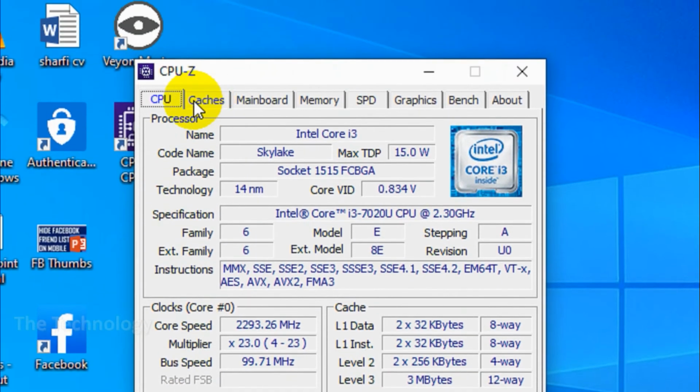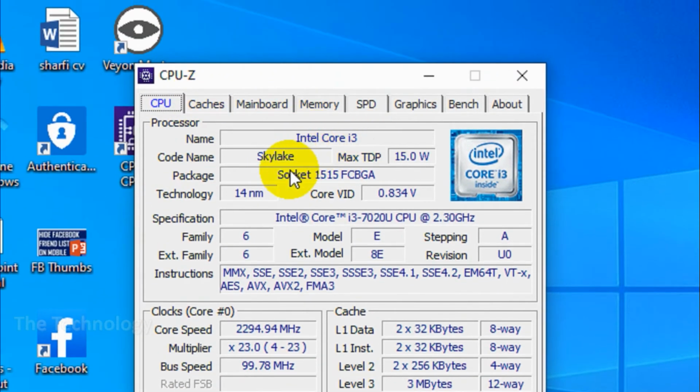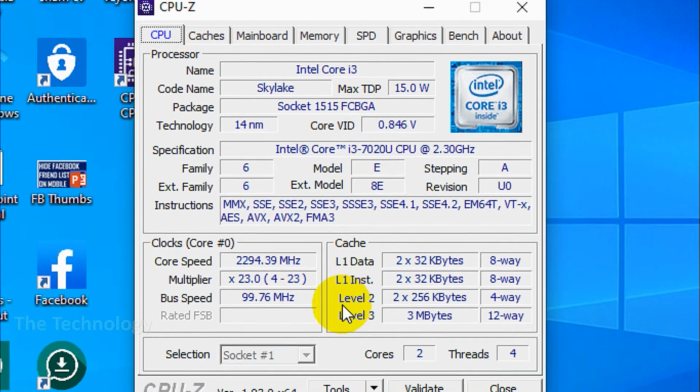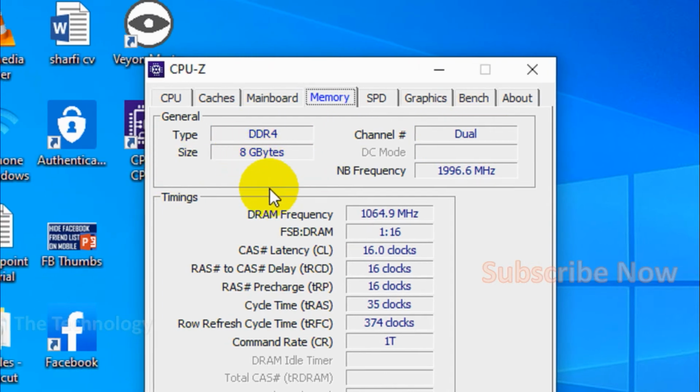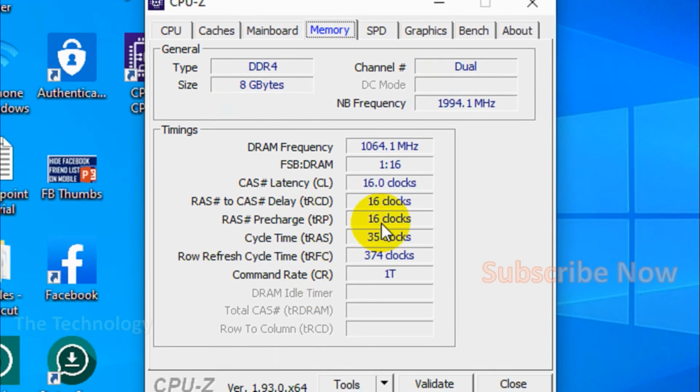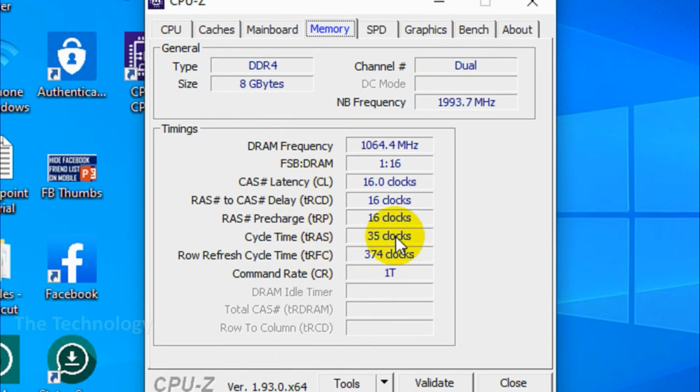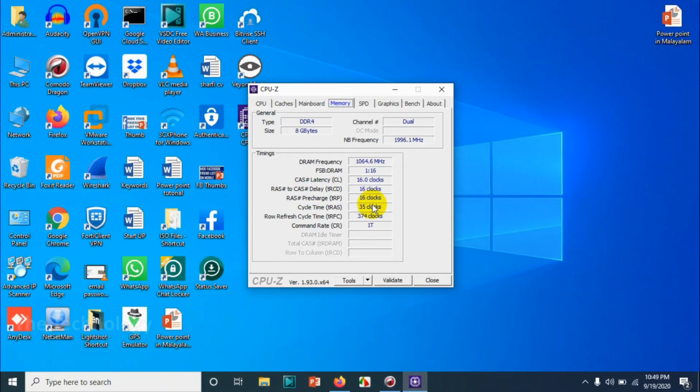and here you can see the CPU specification, but what we are discussing today is memory. So just click on the memory and you can see the type of RAM that you are using, DDR4. If it's a DDR3, it will show DDR3, and you can see the total says 8 gigs and NB frequency is written there, and channel, which means you have dual channel in your laptop and you have used both of